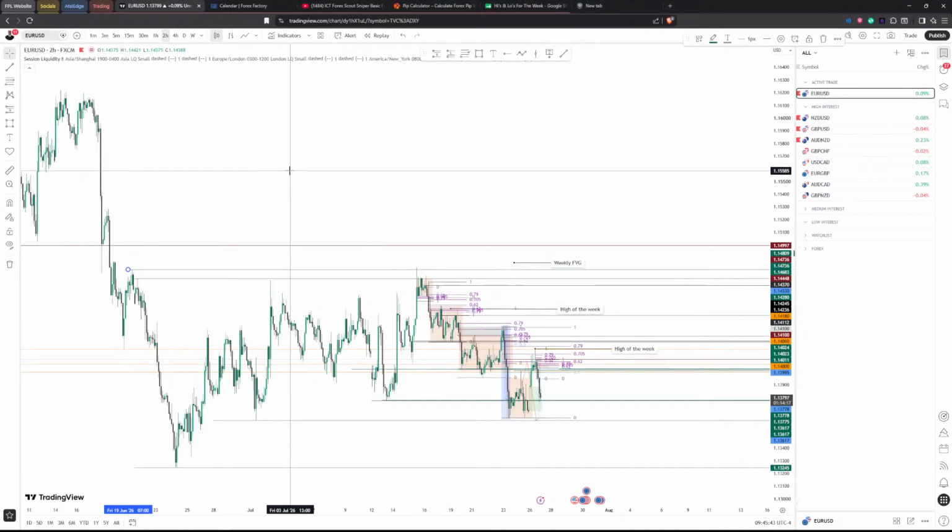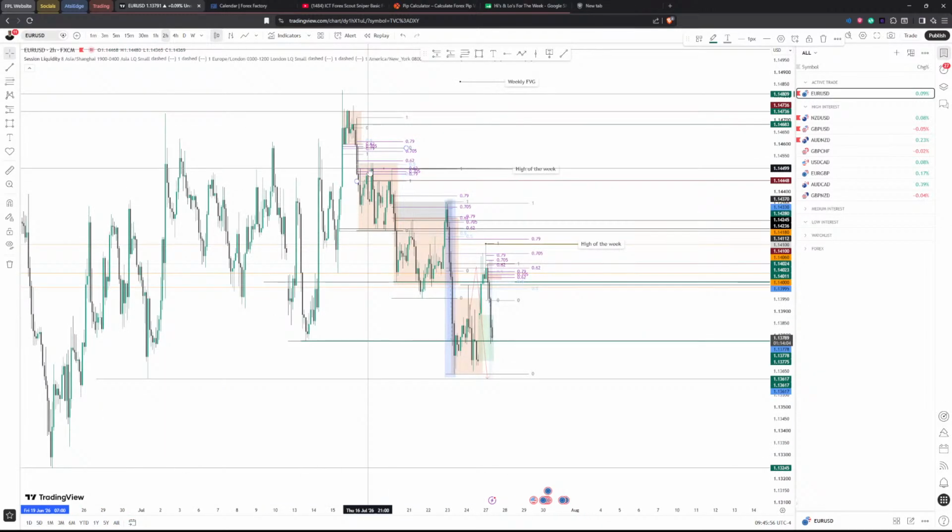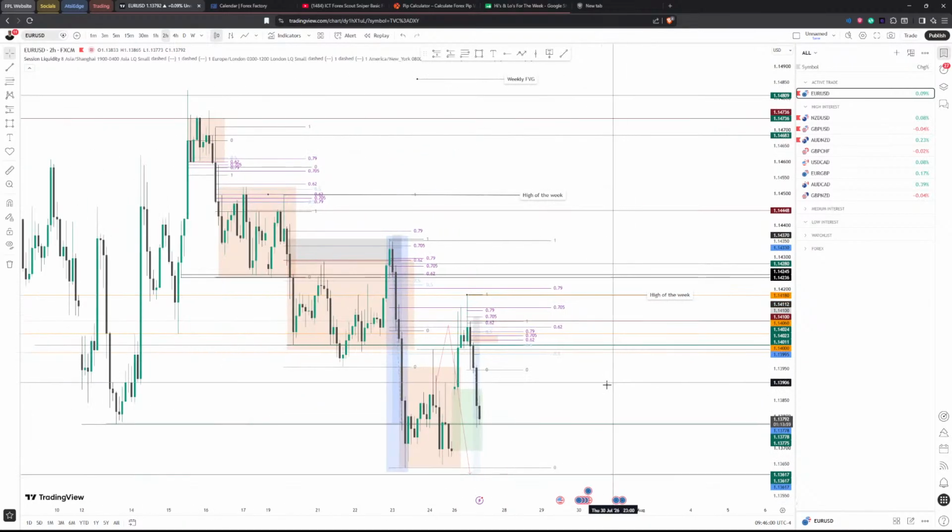And I'm keeping the drawings for now, because we are doing some kind of research on the past. So we are just looking at the markets backwards. So I'm going to keep the drawings so I can look at it with more context. Then after I've gathered everything and made notes, I can start to clean up the charts a bit.